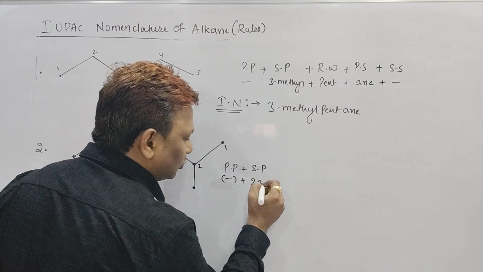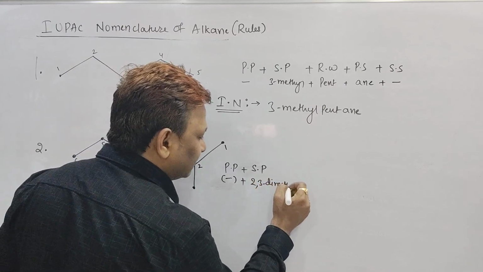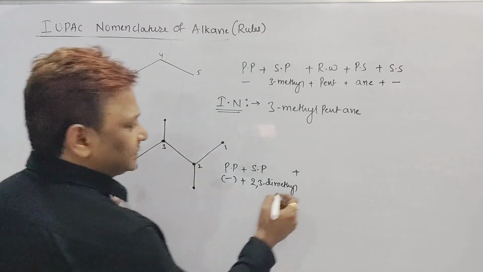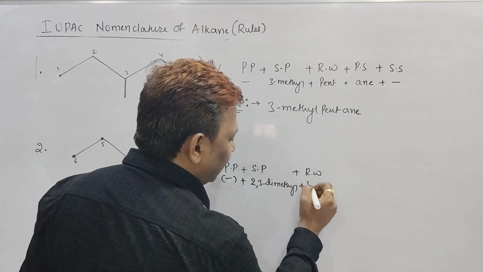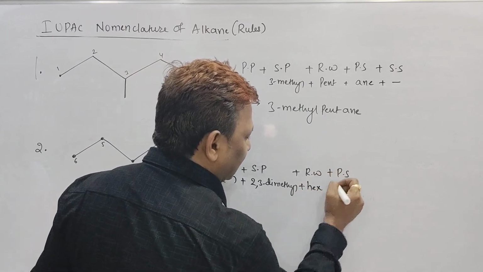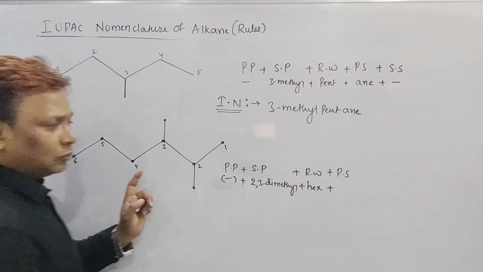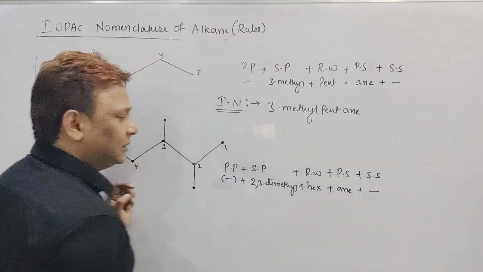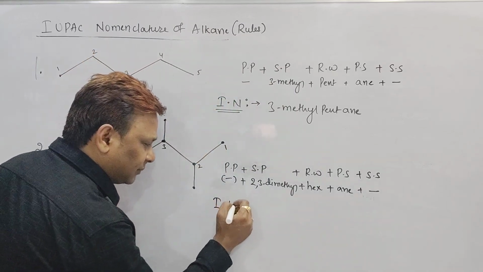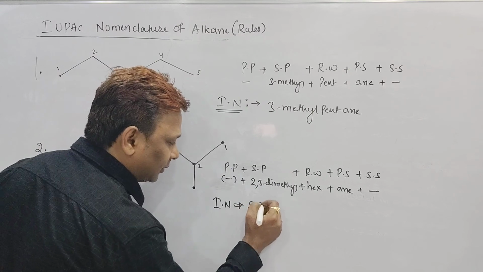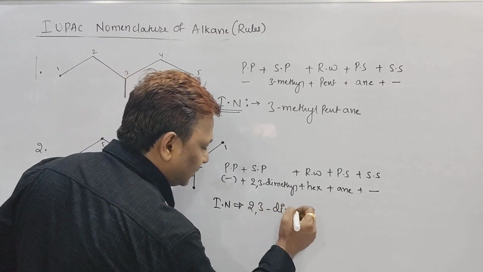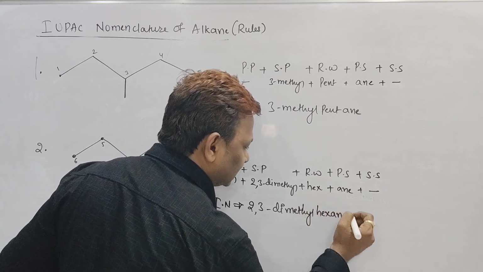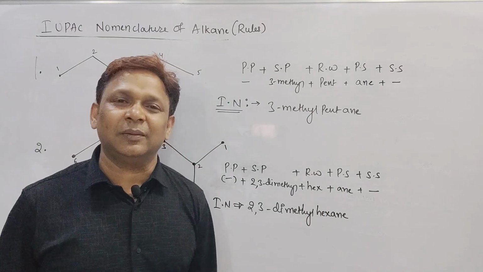We can say 2, 3 dimethyl, plus root word. Beta, the number of carbon atoms in a straight chain is 6. So the root word we have is HEX. Beta, are you having a primary suffix? Yes, sir. What is that, beta? Only single bond, called ANE. Are you having any secondary suffix? No, sir. So, what is the IUPAC name of the compound? Sir, the IUPAC name of the compound is 2,3 dimethyl. Yes beta, 2,3 dimethyl hexane is the IUPAC name of the compound.